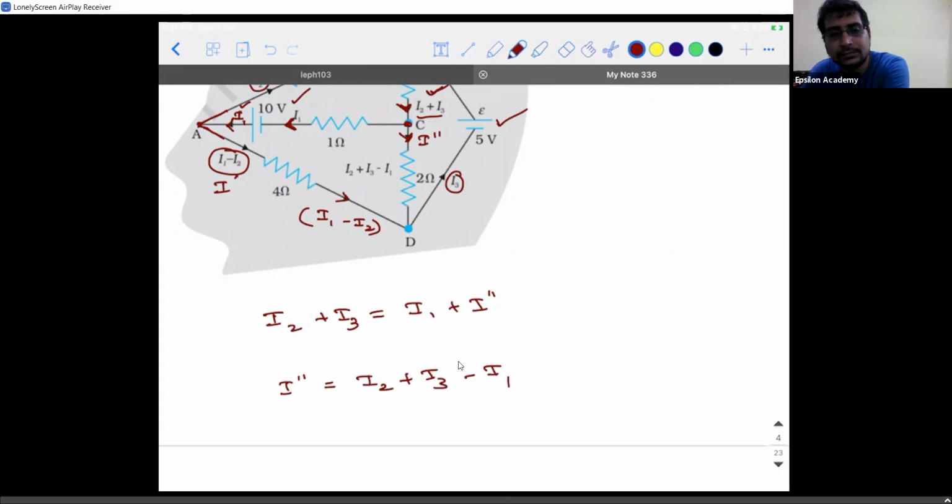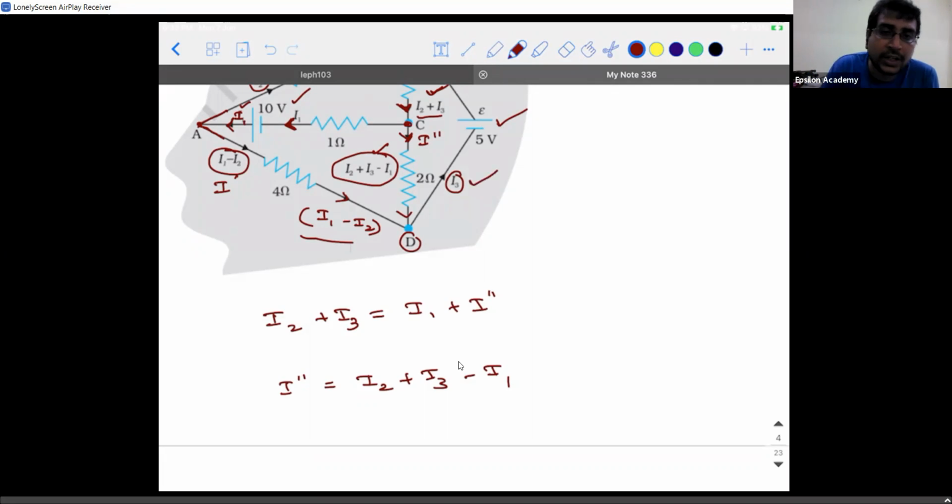Right? I2 plus I3 minus I1, as simple as that. So that is why you have I2 plus I3 minus I1. Now, I1 minus I2 is towards point D, and I2 plus I3 minus I1 is also towards point D. Then how much will be the current that is coming back to the original circuit? It is going to be I3. How did you get this I3? You add I1 minus I2 and I2 plus I3 minus I1, you will get I3. Okay, so this is how the current in the whole circuit is split.